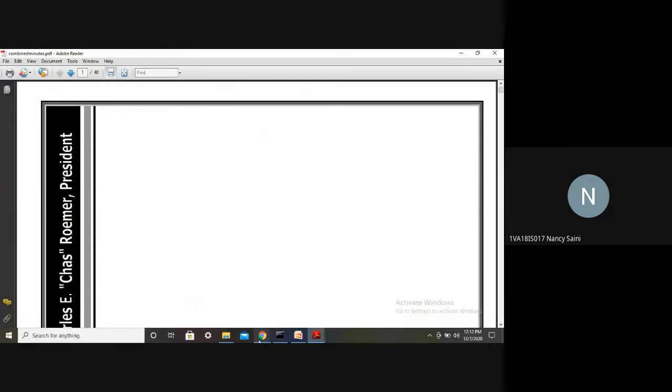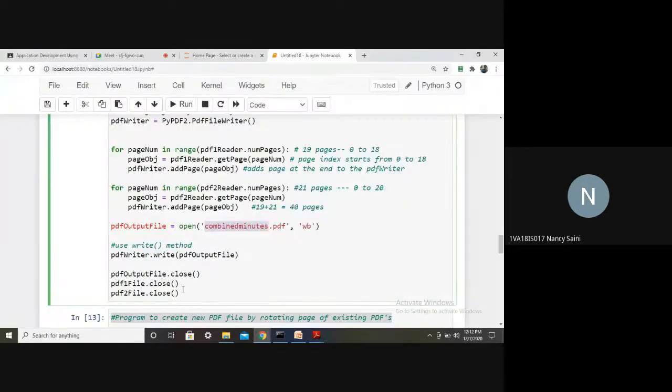Isn't it now? Yes or no, students? Are you all getting? Yes, ma'am. So similarly, you can also add required pages. Say I want only even number of pages. You can add that, and you know how to add, right? So if I want only odd pages, what should I do here? How do I set my range?